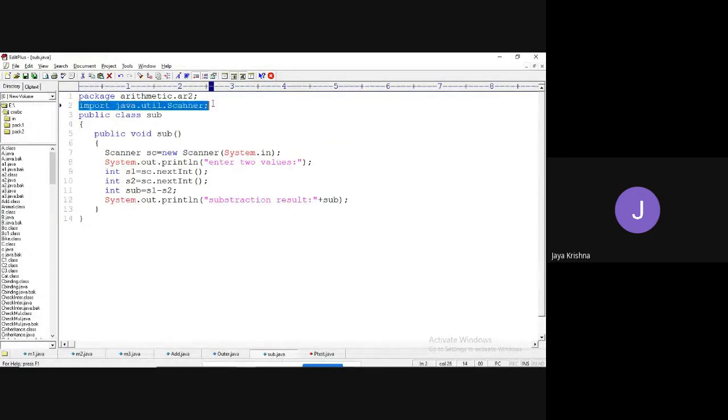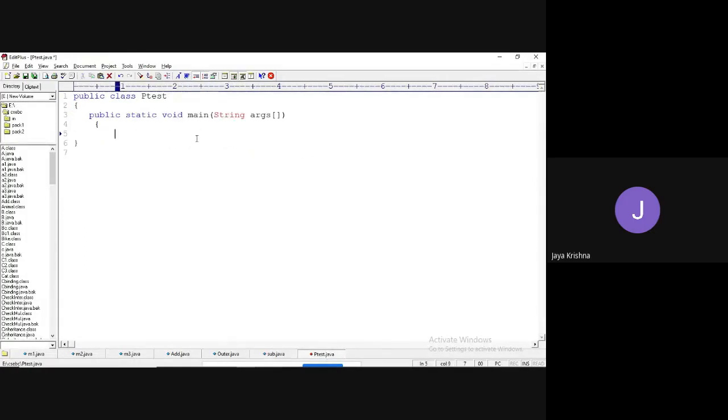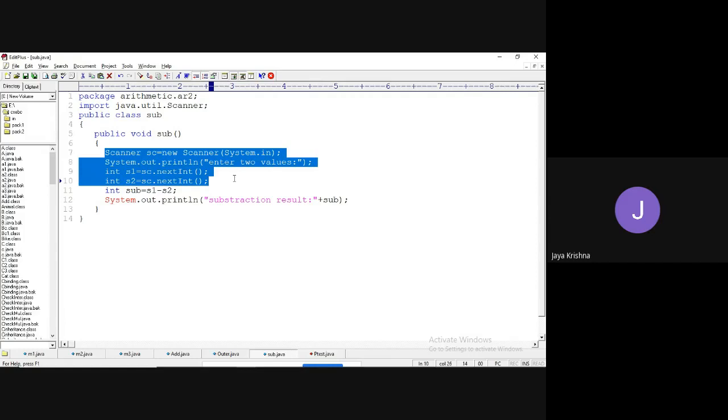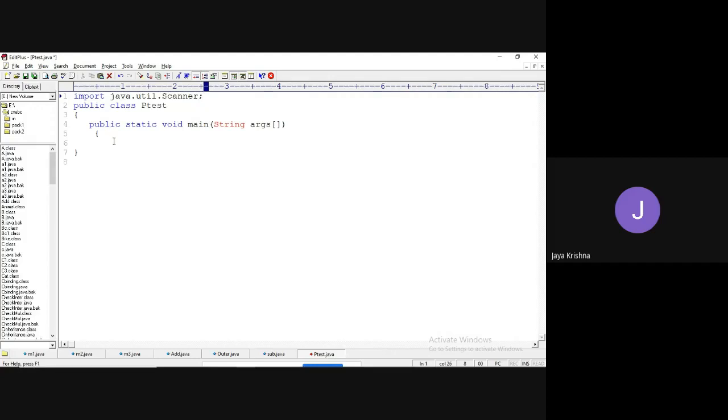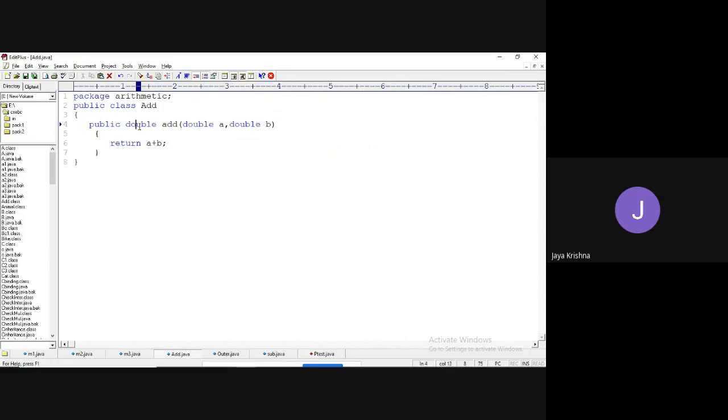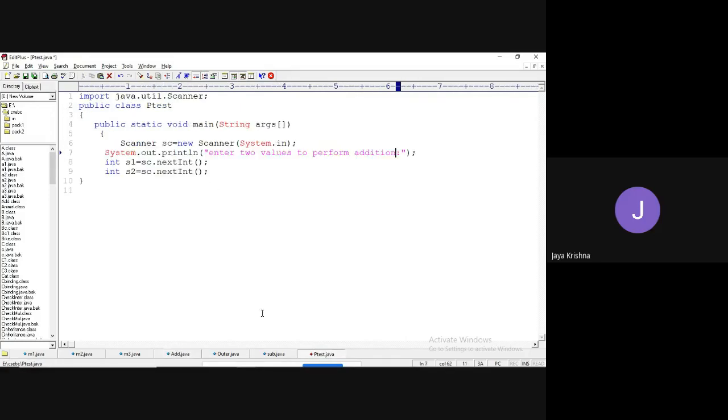See, if you want to work with the Scanner class, I need to make an import of the Scanner class. Let me copy everything. Enter two values to perform addition. There, you have used the data type as double, so you have to use nextDouble.